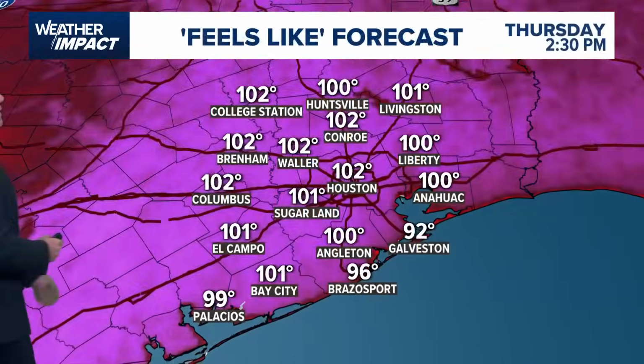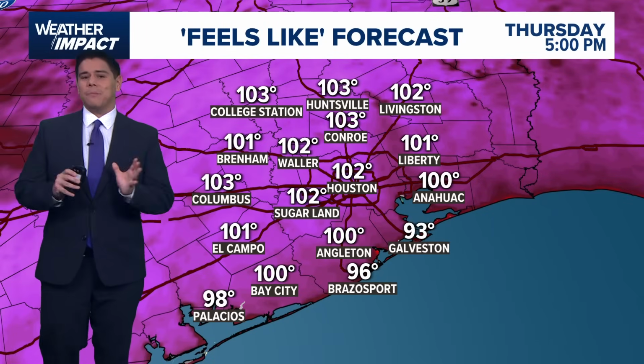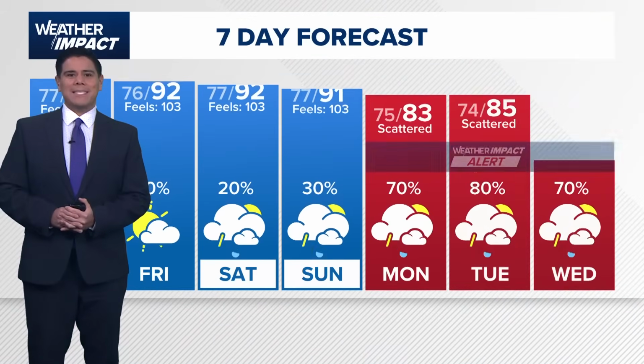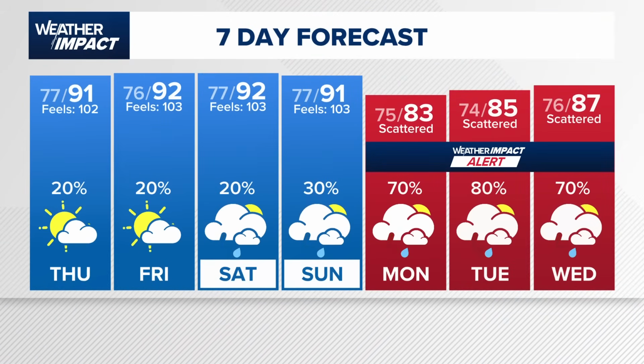Those feels like temperatures are soaring into the hundreds when you factor in all the humidity, and the humidity just really isn't going away anytime soon. As we look at our 7-day forecast, high temps in the lower 90s, feels like ranging between 102 to 103 through the weekend. We're going to keep that isolated rain chance in the picture at least through the weekend, but Monday, Tuesday, Wednesday, weather impact alert as we are expecting that widespread rain, all thanks to this cold front